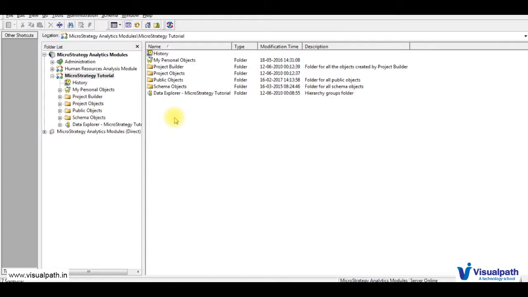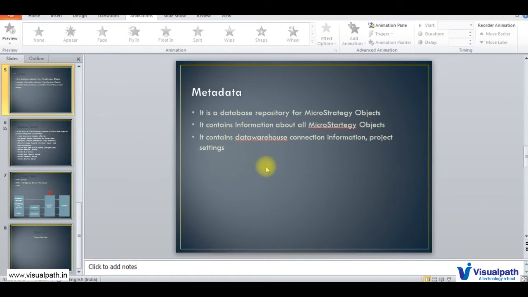So again, if you come back to your developer, you will see first you have the project source, then under that you have projects, and if you go inside the project, you have a collection of objects like project objects, public objects, and schema objects. Where all this information is stored is what you see over here. This is your metadata. It's a database repository for MicroStrategy objects.